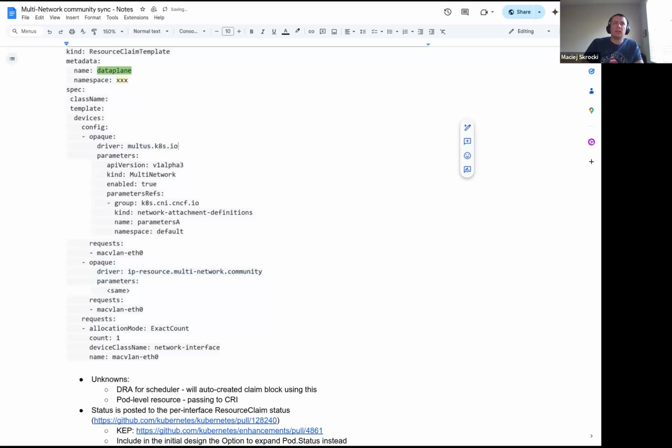Then what happens is the scheduler has to look at two drivers. The one that we delivered, a common one across the community, standardized by the multi-network effort by us. And then there is another one where you can plug in and create your own driver that does additional things. So when the scheduler comes in, it looks at the resource slice from this and from that